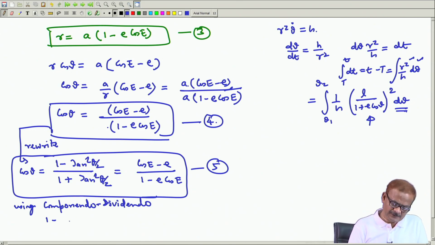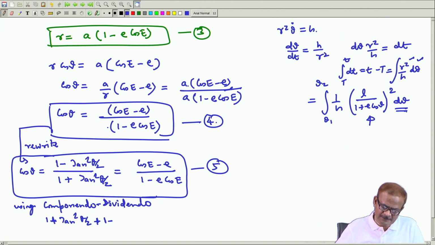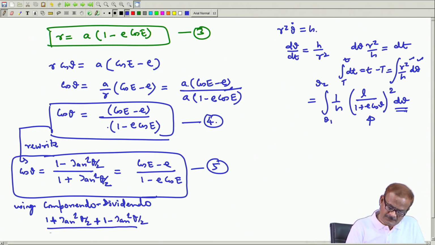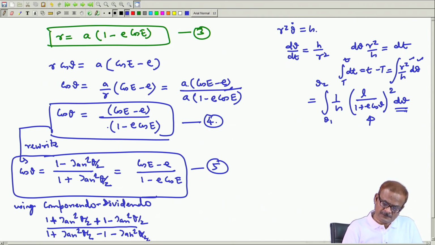There are various ways of doing this. So, the first term we add 1 by tan square theta by 2. You might be aware of this, there is nothing in this. If you are not aware of it, just look into the Higher Algebra by Hall and Knight. Tan square theta by 2, and then we subtract this term also, minus 1 minus tan square theta by 2. So, subtracting this gets plus.